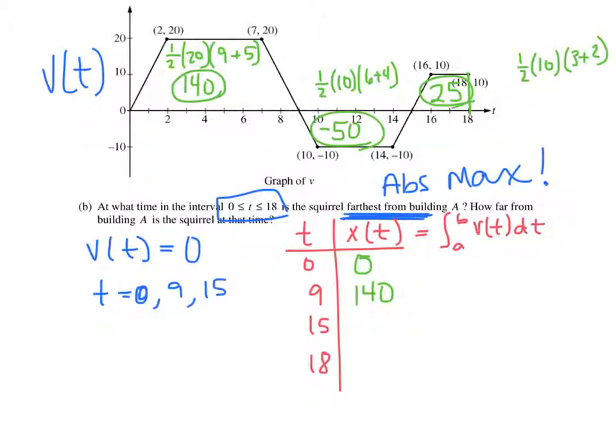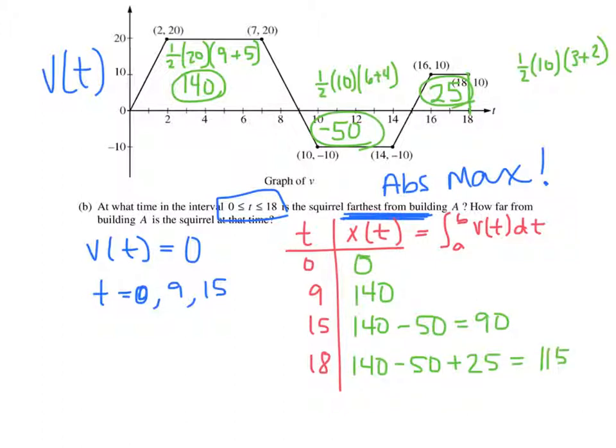So that's my first one. All right, 15. Now I'm going all the way, so that's 140 positive minus the 50, and so 90. And then the last one, at time t equals 18, now it's that 140 minus the 50 plus 25, and so I end up with